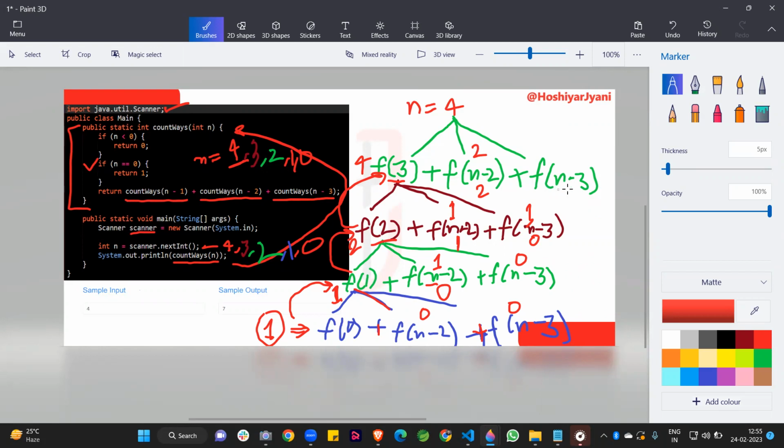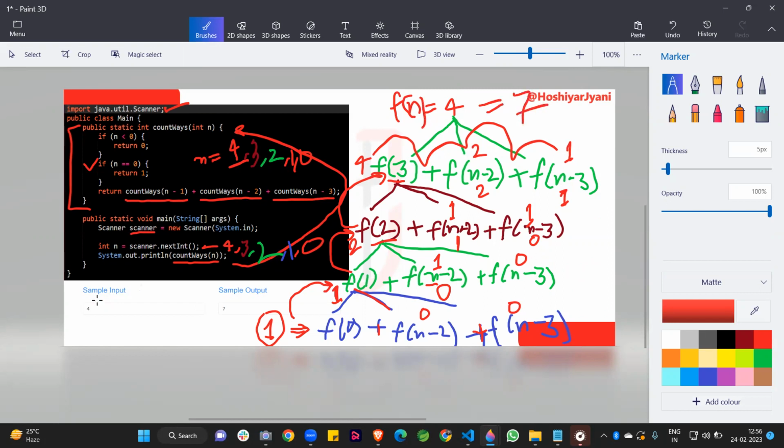After that, the last method is f of n minus 3. So what is the value of n here? The n value is 4 here, because the parent is 4. So 4 minus 3 is nothing else, this is only f of 1. So we are calling f of 1, and we have already solved f of 1. So what is the value of f of 1? You can see here f of 1 returns only 1. So I have written here the result of f of 1. So when I combine these things, 4 plus 2 plus 1, this is 7. So this f of n for the value 4 returns the value 7.